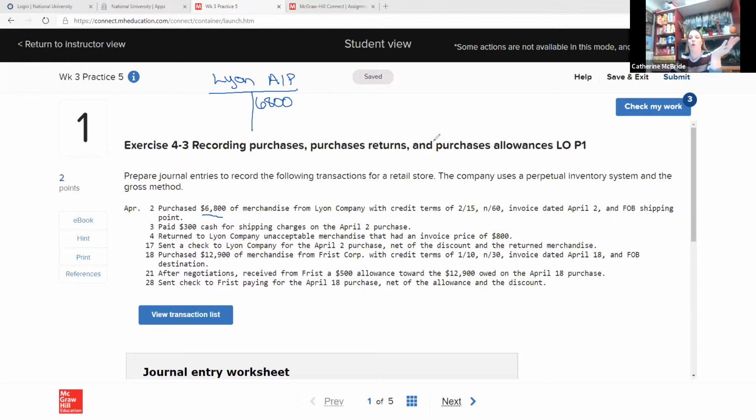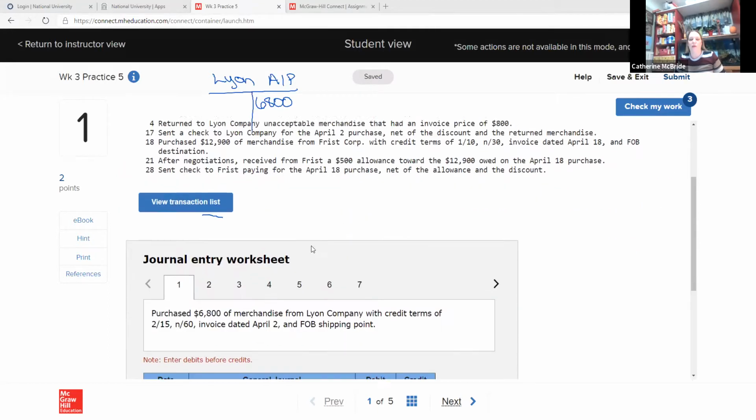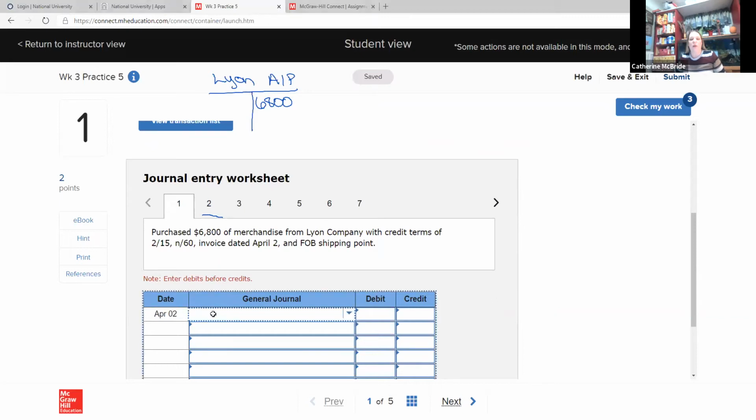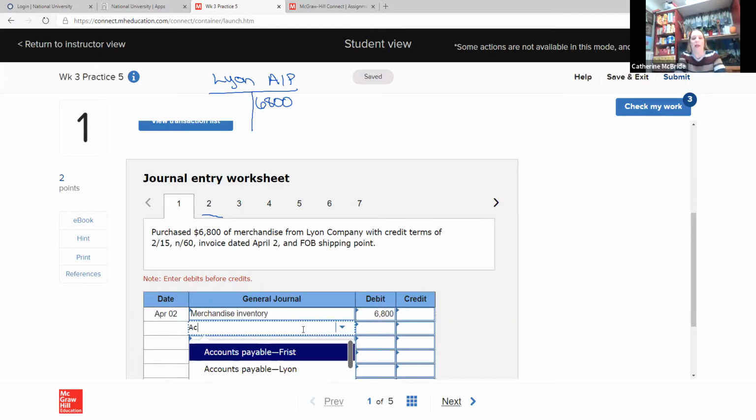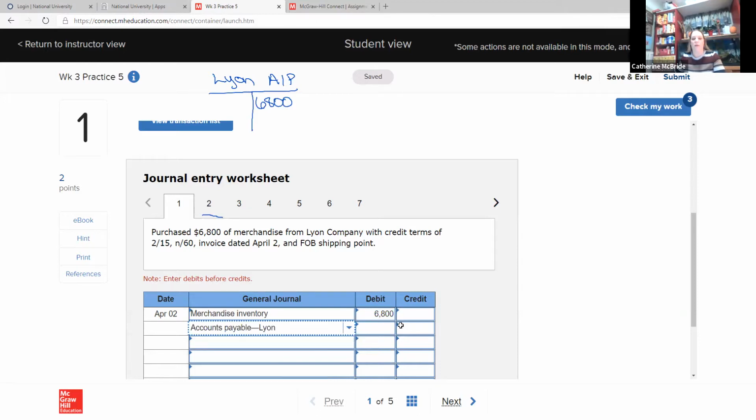Okay, now I'm going to record when I purchase the inventory. So the nice thing about the perpetual method of inventory is that it's intuitive. We're going to increase the account that you would think we would increase. We're buying inventory, we're going to increase inventory. So we're actually going to record merchandise inventory for $6,800 and accounts payable, because we're going to pay them later, $6,800. That's simple, right? I mean, it's kind of new, but it's what you would think if we bought inventory. Good here?